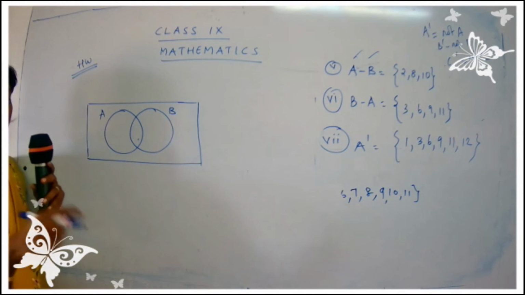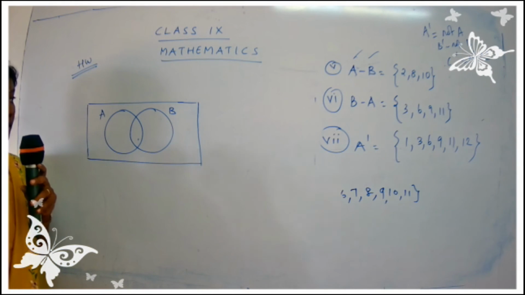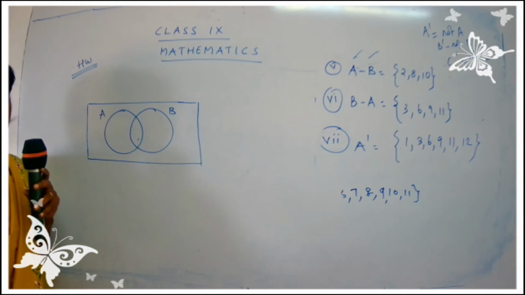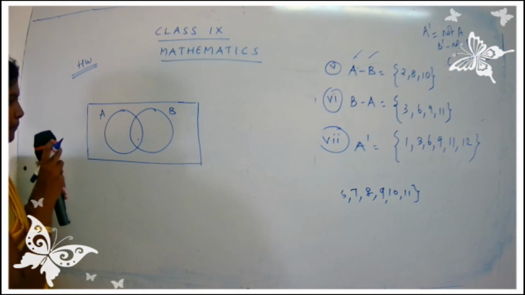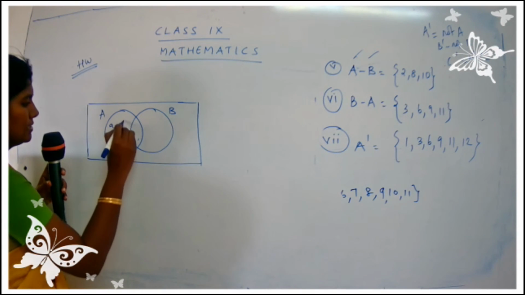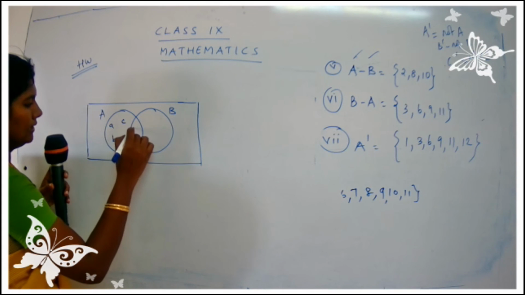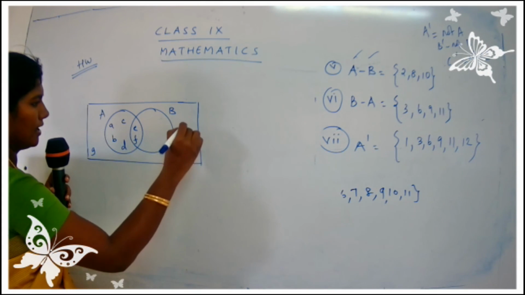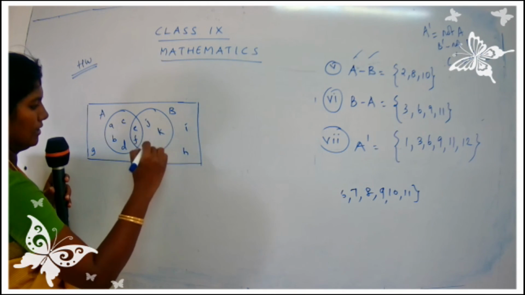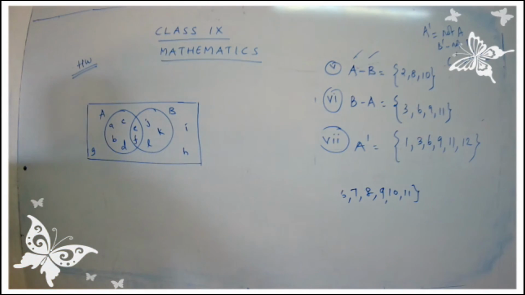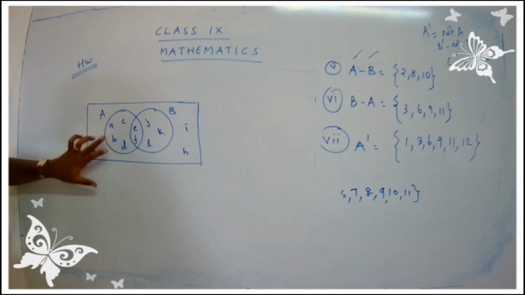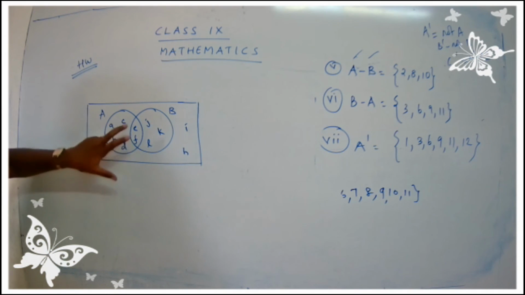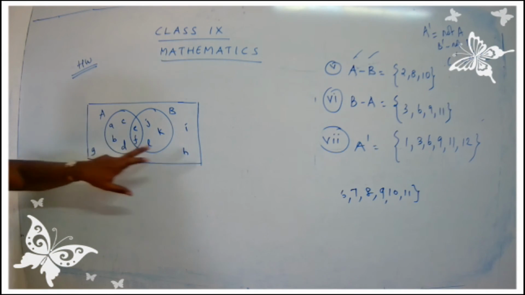For the classwork, you dealt with the numbers, yes? Like you dealt with 1, 2 numbers. I am going to give you some letters over here. A, B, C, D, E, F, G, H, I, J, K, L. Here are the numbers. A, B, C, D, E, F, G, H, I.